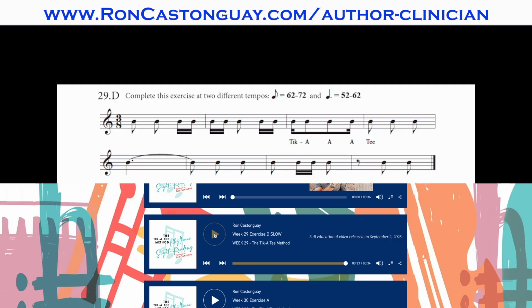All right, cool. There it is, exercise 29D with the eighth note getting the beat, a slower tempo. All right, now we're going to go back. We don't need to reanalyze exercise 29D, as I said. We're going to perform it a little bit faster and transform this simple triple time signature into a compound time